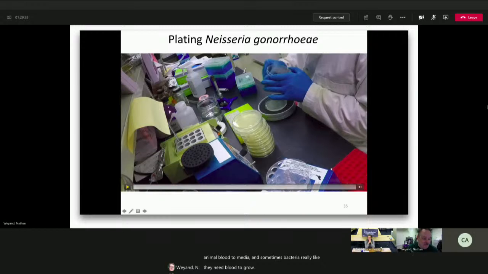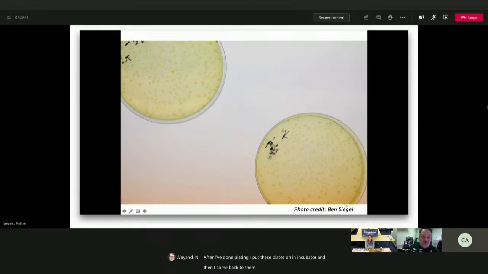Okay, I'm gonna stop that video, but after I've done plating, I put these plates in an incubator, and then I come back to them in like 48 hours, and this is what you see on the plates. You see all these dots are colonies that have grown up, and we can count these colonies,